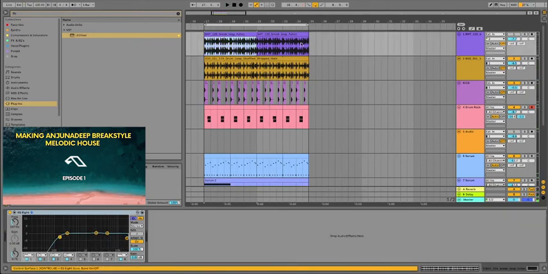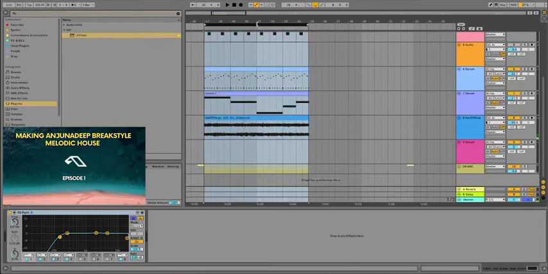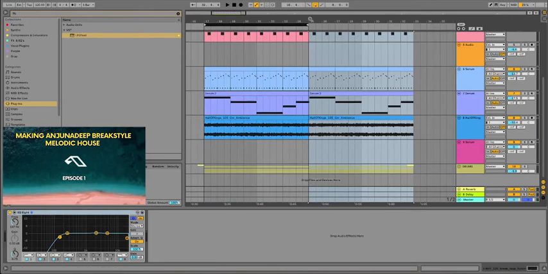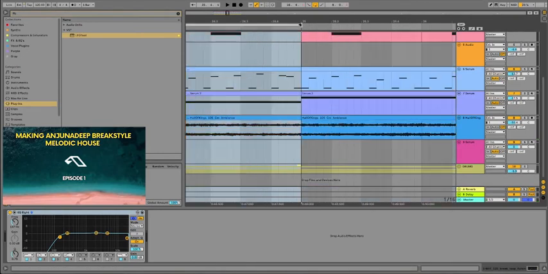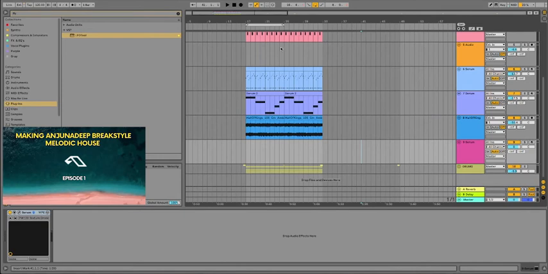Let's duplicate all this. See if we can get another bar going about here. And let's try and find a counter melody for the top.